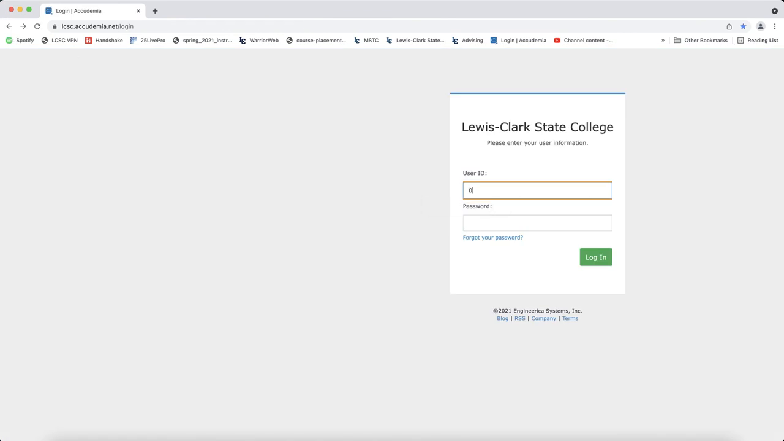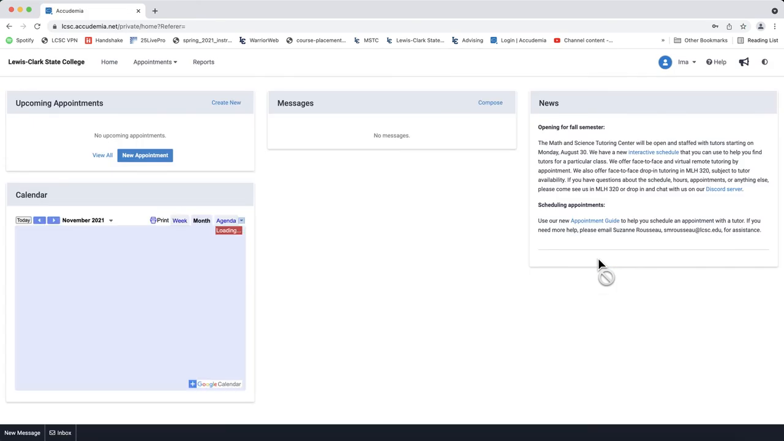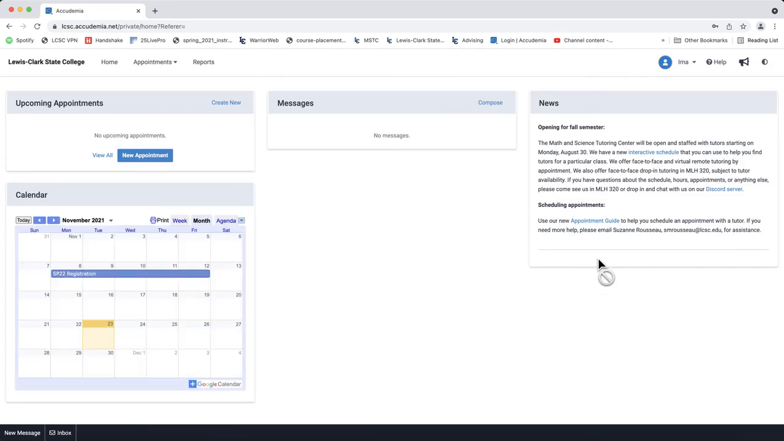Once you have a password, you'll come back to this page, enter your 7-digit LCSE student ID number, enter your new password, and click Login. You'll see a screen that looks like this one. We have a little news, a little calendar with updated information, and you can see here that there's information about